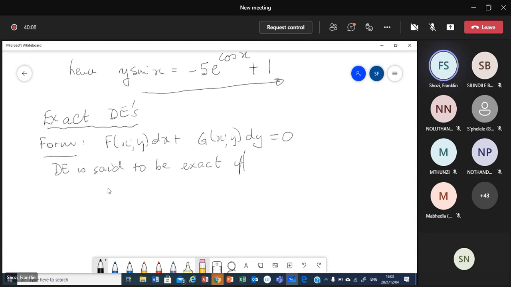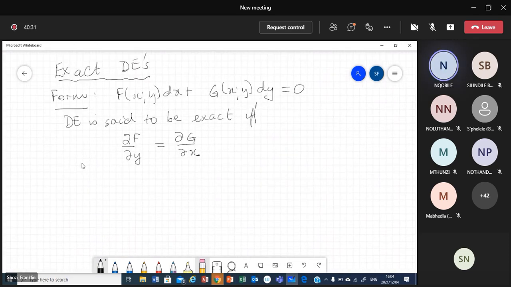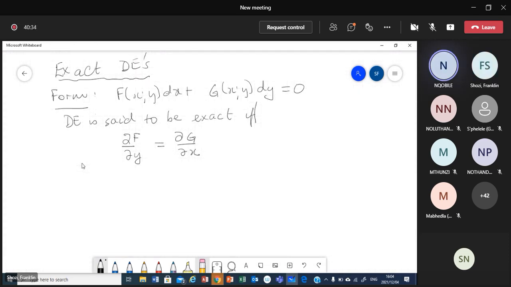If and only if what? The partial derivative of f with respect to y must be equal to the partial derivative of g with respect to x. So the DE is said to be exact if that is the case, if that happens. And the solution is obtained